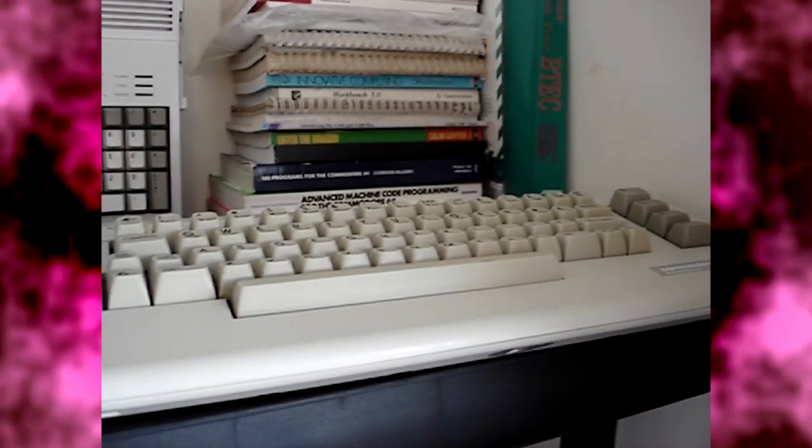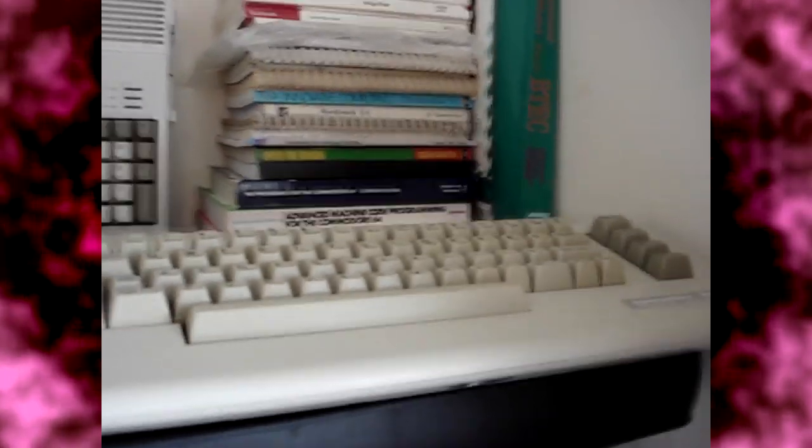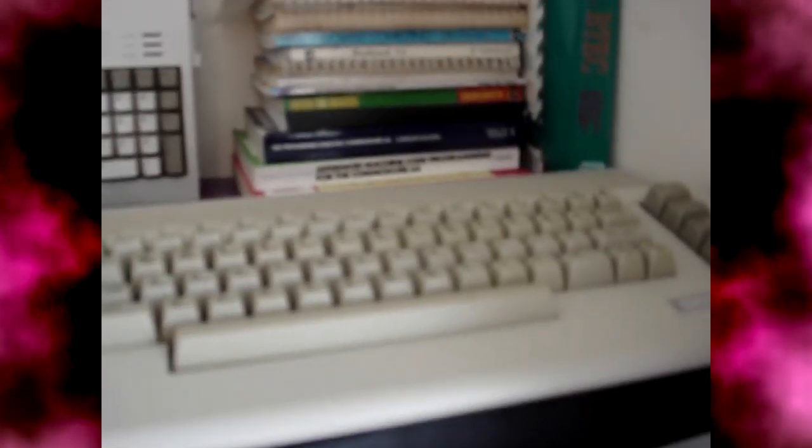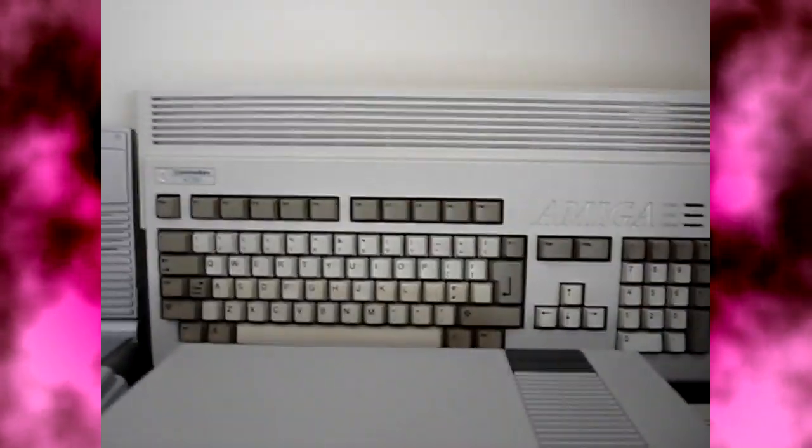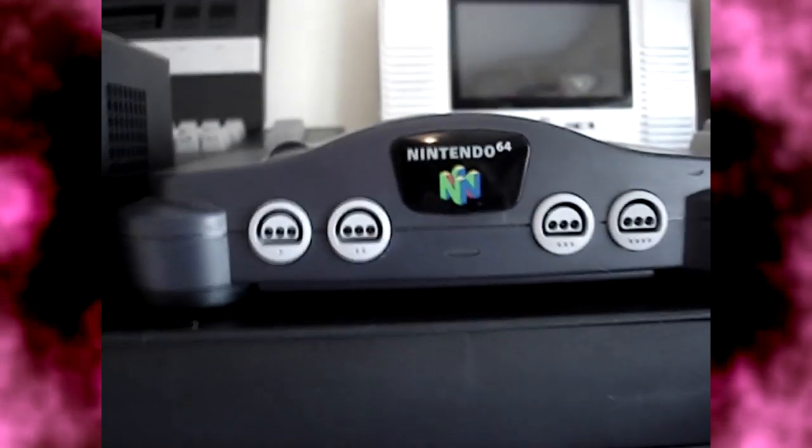Right, as I said before, I won't be lingering too long because there's a lot to get through here. So, right, here's my 1984 Commodore 64C, my collection of computer books, my Amiga 1200, which is quite poorly at the moment, my Nintendo Entertainment System, my Super Nintendo Entertainment System, my screen which attaches onto the top of a PS2, turning it into a portable, sort of, my Nintendo 64, my Nintendo GameCube,